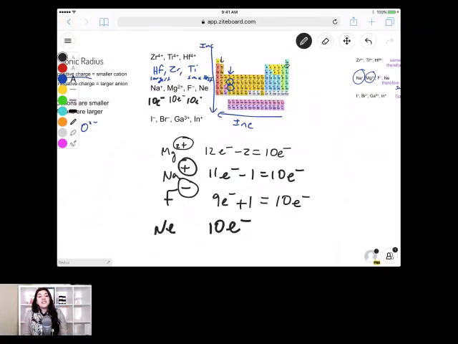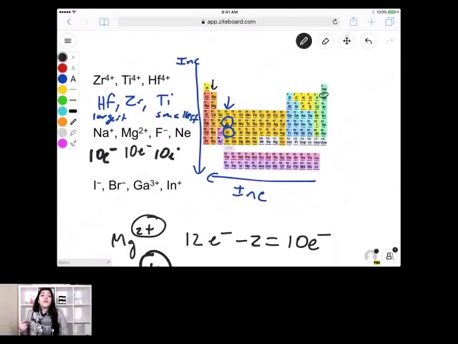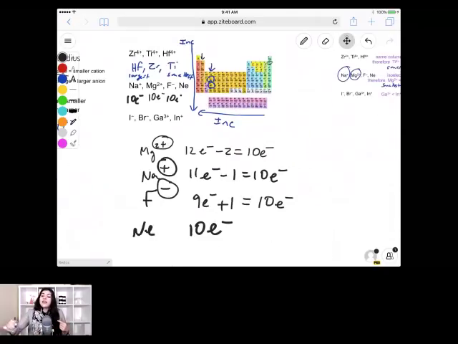It's known as isoelectronic because they all have the same amount of electrons. And then from there, we're really just looking at our overall trend. We could also look at, actually, we're not looking at our overall trend right now. We're then looking at our overall charges. So in this case, since they would all be the same exact atom, they would all add up to just being neon, right? If we were to do that because they all have 10 electrons,